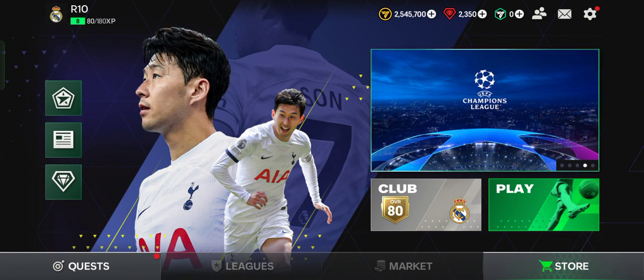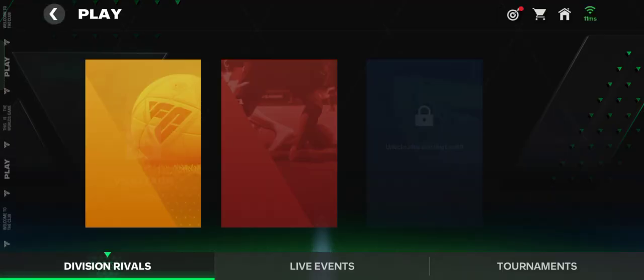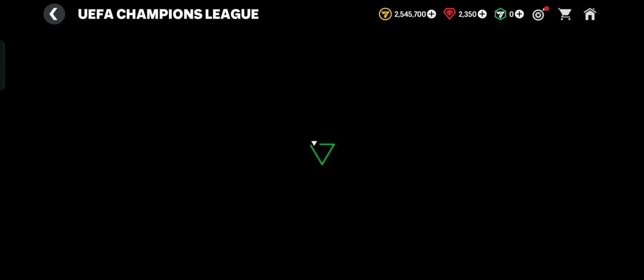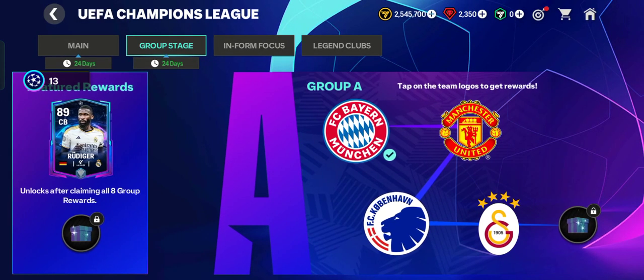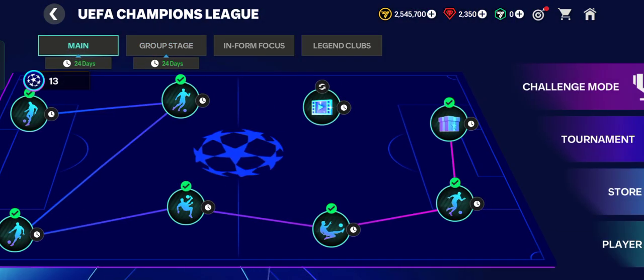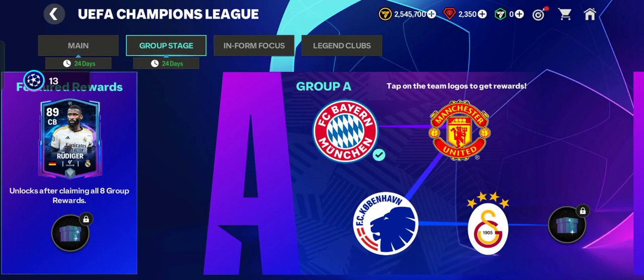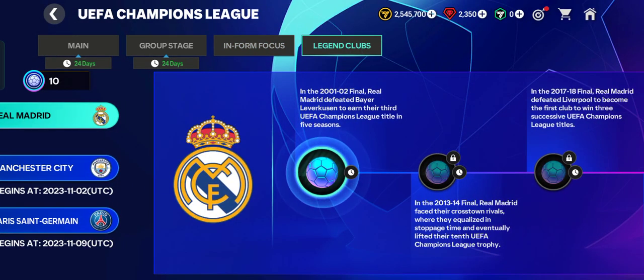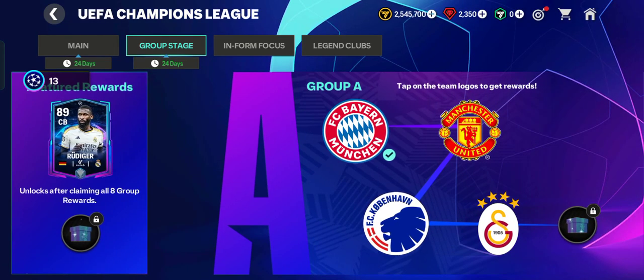Let's get started by tapping the play button, tapping live events, and tapping the UEFA Champions League. And as you can see, there are four pages here. This is the main page, group stage page, in form focus, and legend clubs. Start by tapping the group stage,